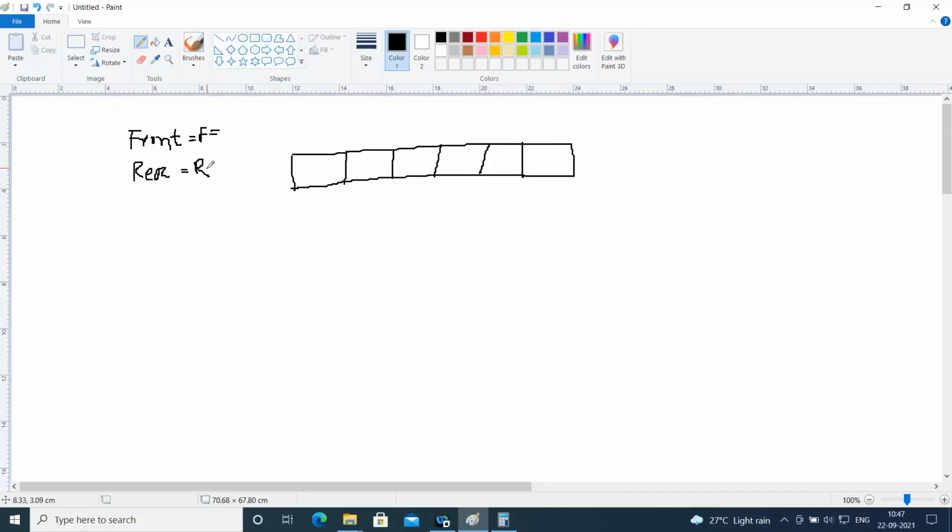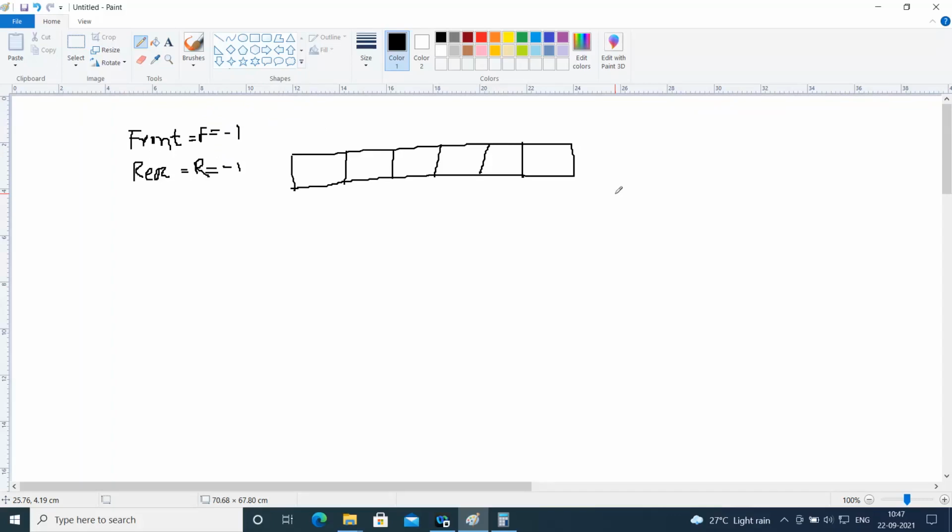So let's say both my front and rear are pointing to negative values when there is nothing in the queue. Sorry, not stack, in the queue. I should use the proper wording now: queue. Now, the stack had two operations. One is push for entering the value, and one is pop for removing the value.